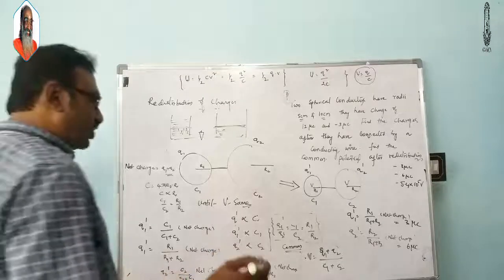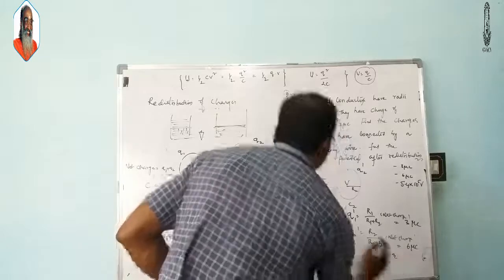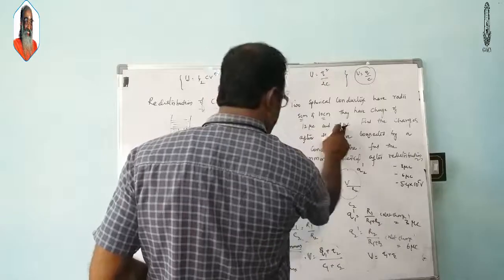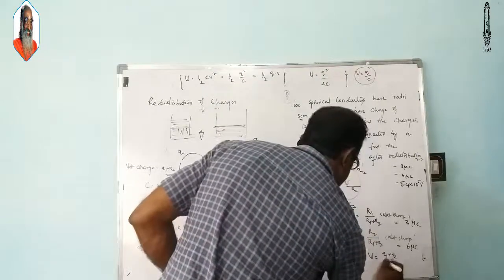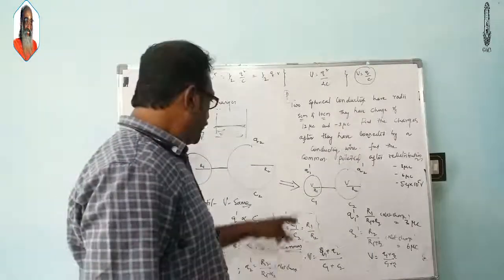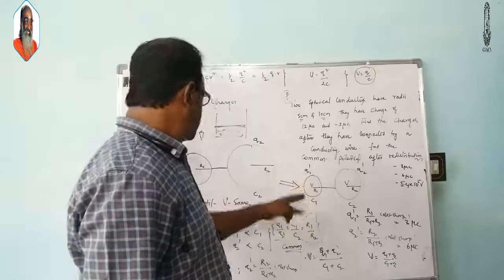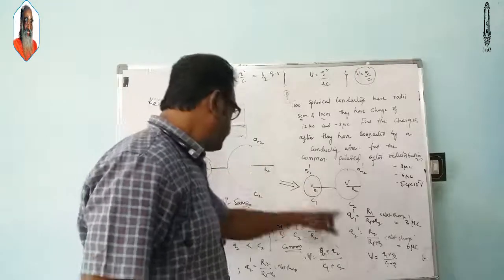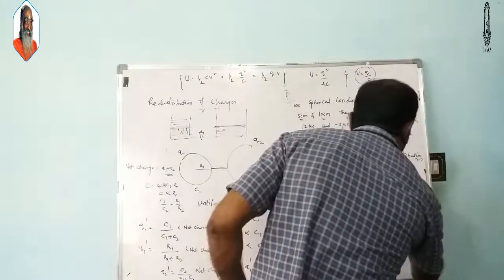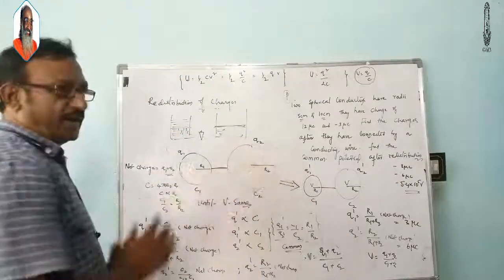And for finding the common potential V, we can use the formula Q1 plus Q2 over C1 plus C2. Don't take these as the Q1 dash and Q2 dash; this is your Q1 and this is your Q2. We can find the capacitance C here by using the formula V is equal to Q by C. Substitute it here and you get the answer as 5.4 into 10 to the power of 5 volts. Okay. So this is the concept and that is an example of its application.